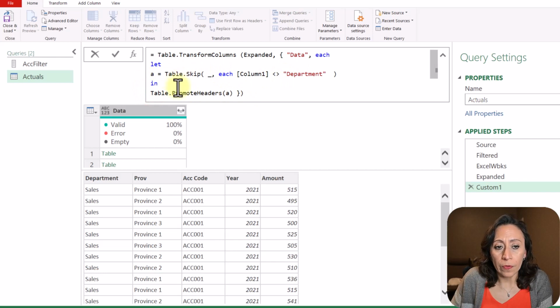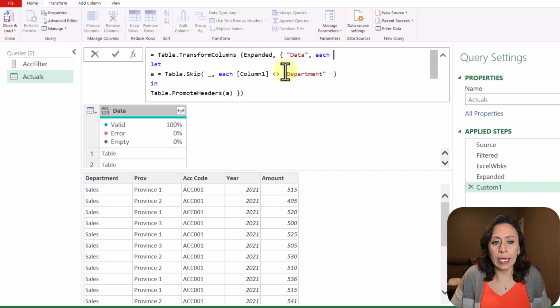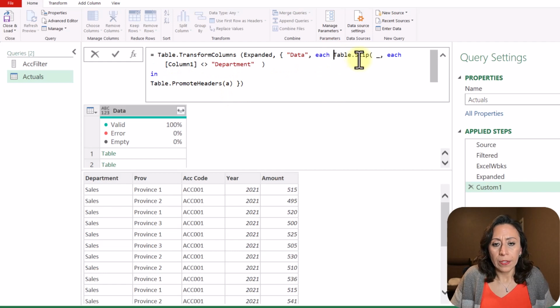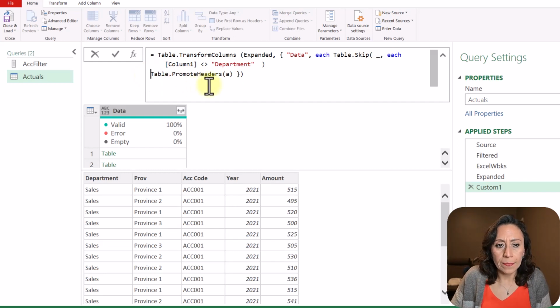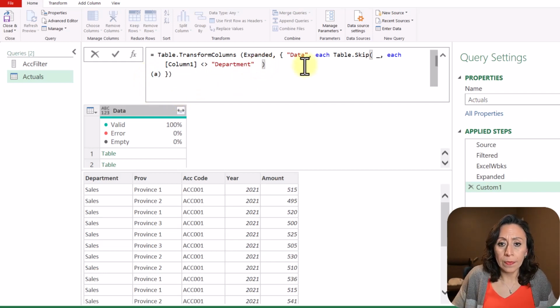I could have done this as part of the function as it was before. Let's say I could have said here each, I could have kept table skip, and instead of the in, remove that in, I'm gonna remove this table promote headers, and let me see.